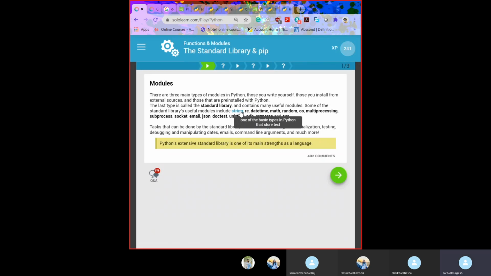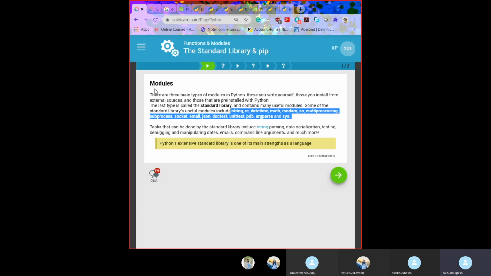Next, as I shared the list, there are more library functions. These functions are used mostly in Python programs. There are three types of libraries: the external sources and the pre-listed ones, which are also called standard libraries.